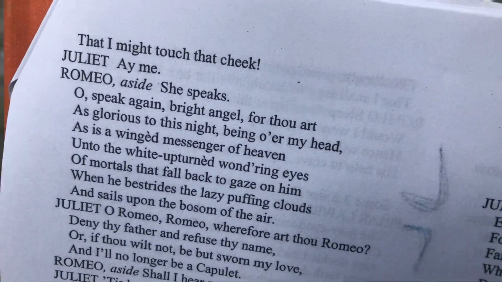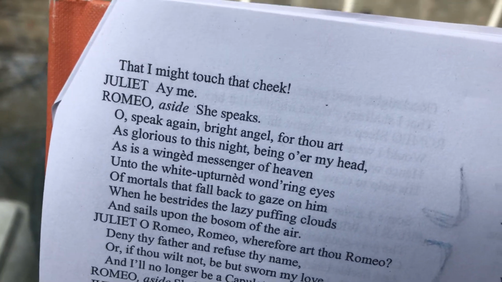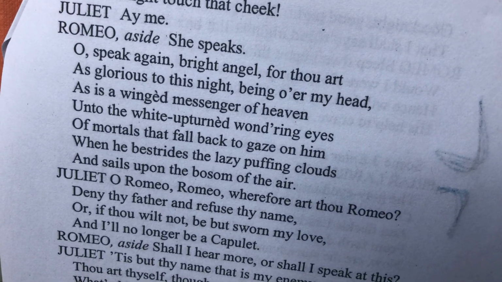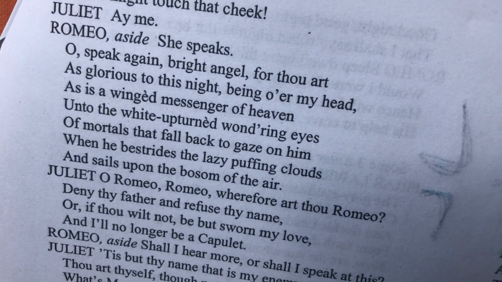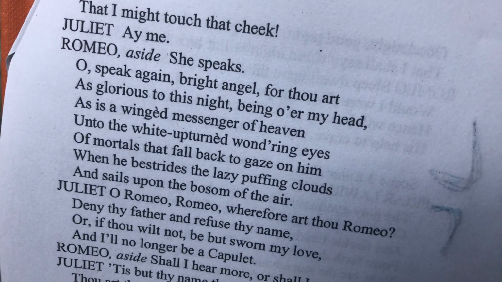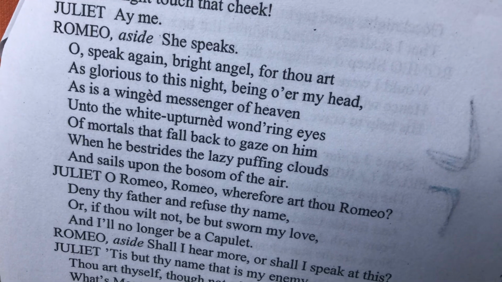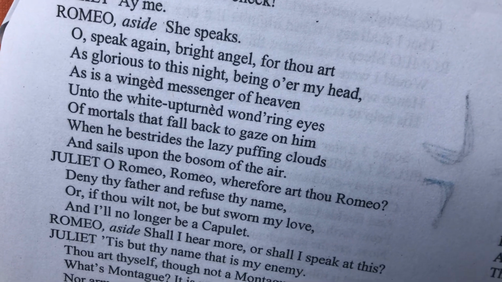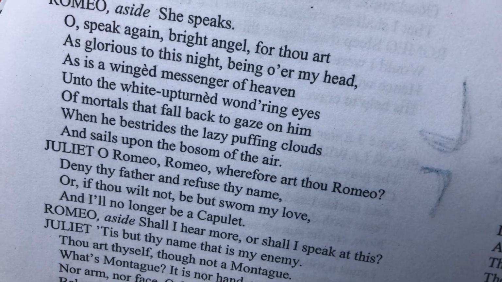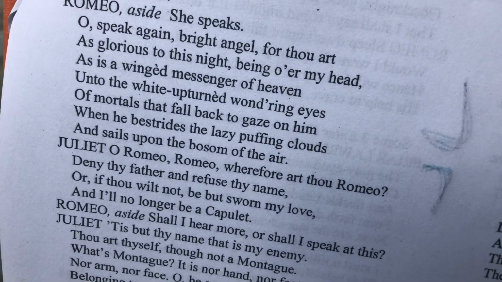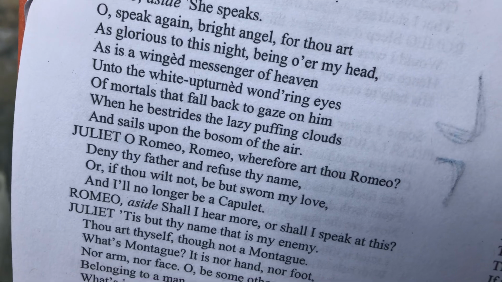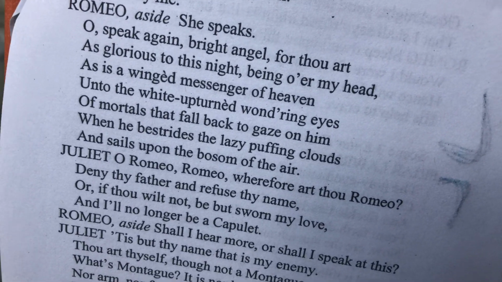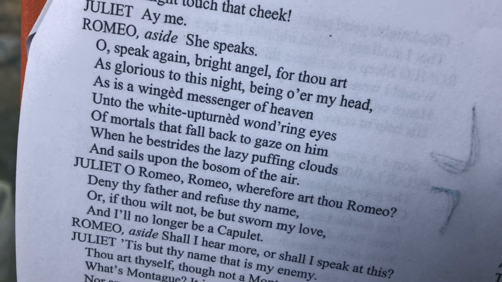Juliet begins speaking, and Romeo is so excited when she speaks, although she can't hear him yet. He's sort of just talking to himself. She speaks. "Oh, speak again, bright angel." Again, calling the person you love an angel is pretty normal for this kind of situation. "Oh, speak again, bright angel, for thou art as glorious to this night, being o'er my head, as is a winged messenger of heaven unto the white upturned wondering eyes of mortals that fall back to gaze on him when he bestrides the lazy puffing clouds and sails upon the bosom of the air."